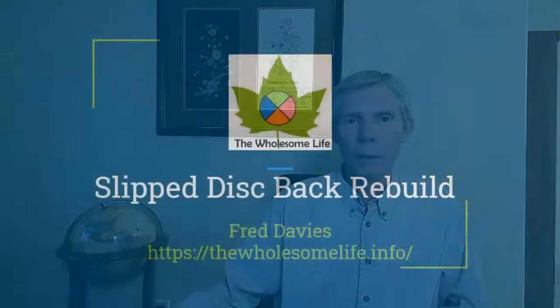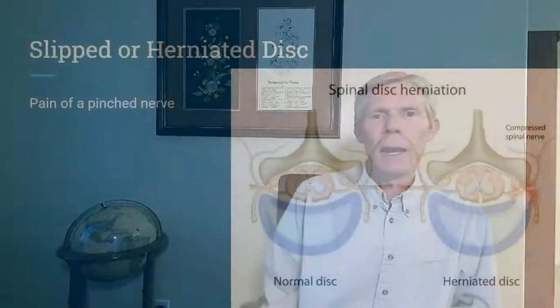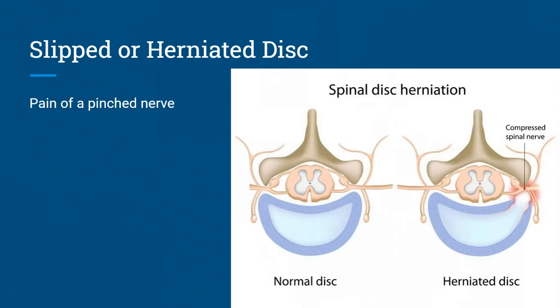how to rebuild your back if you have a slipped disc or other back problem. A slipped disc can create quite a painful response from the back as the bulge out one side pushes on a nerve. Well, Dr. Christopher's products actually give all the materials the body needs to rebuild from that herniated or